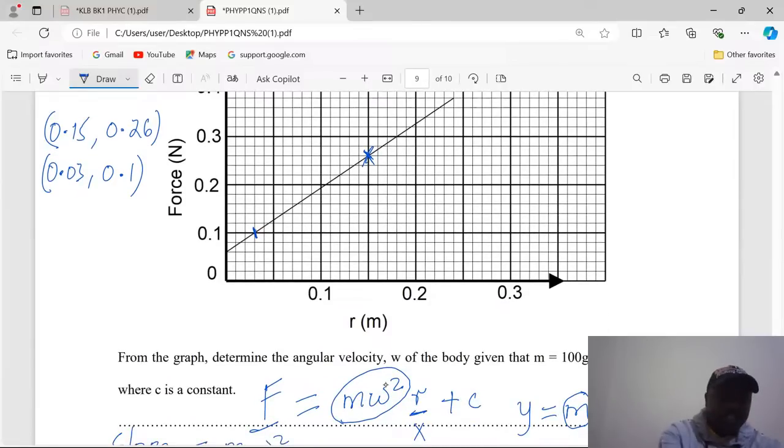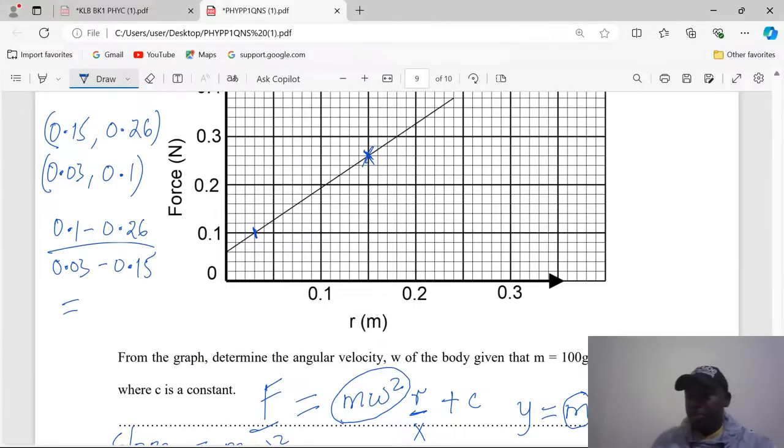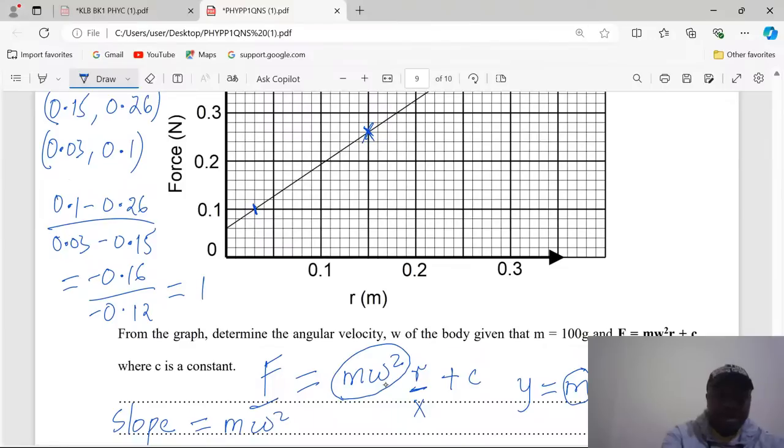So we need to get a change in y. So 0.1 minus 0.6 divided by 0.03 minus 0.15. So this is going to be negative 0.16 divided by negative 0.12. This will give us exactly 1.33. So the slope is exactly